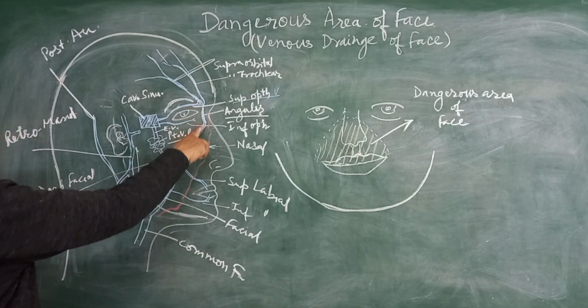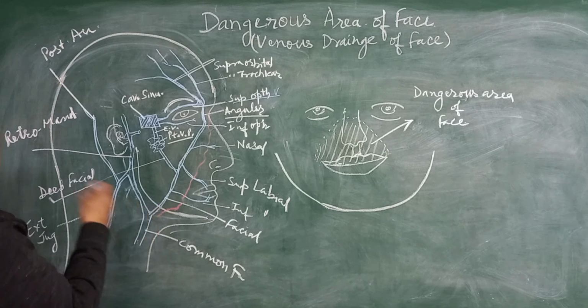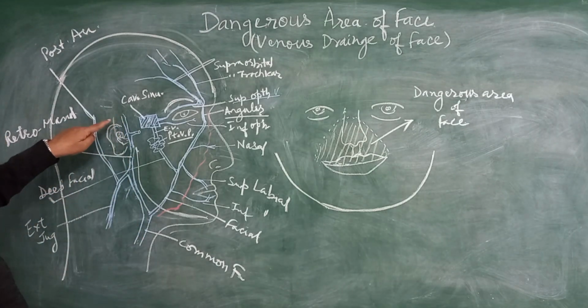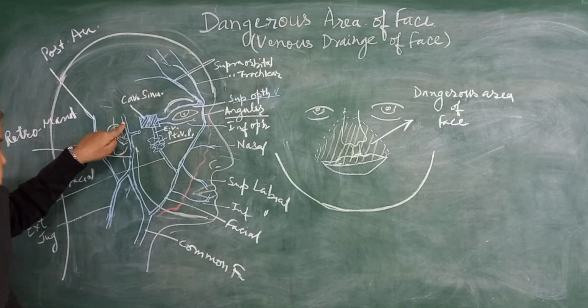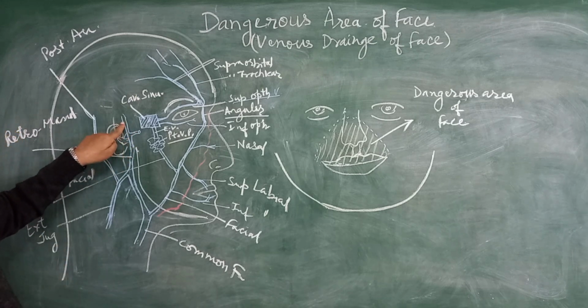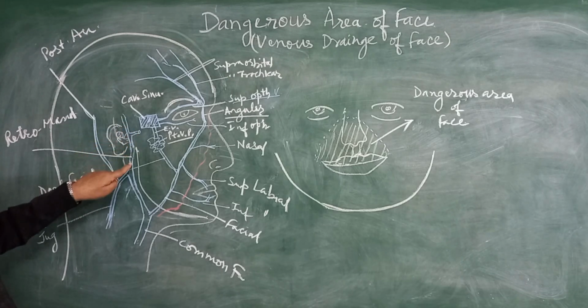Now, if you trace this facial vein, okay, you will go below the margin of the mandible, and there it will communicate with another vein. So see this vein. This is called the retromandibular vein, in which opens the maxillary vein. This is superficial temporal, which drains the blood from the temple region. Then this is from the deeper part, that is the maxillary. Superficial temporal and maxillary both unite to form what is called the